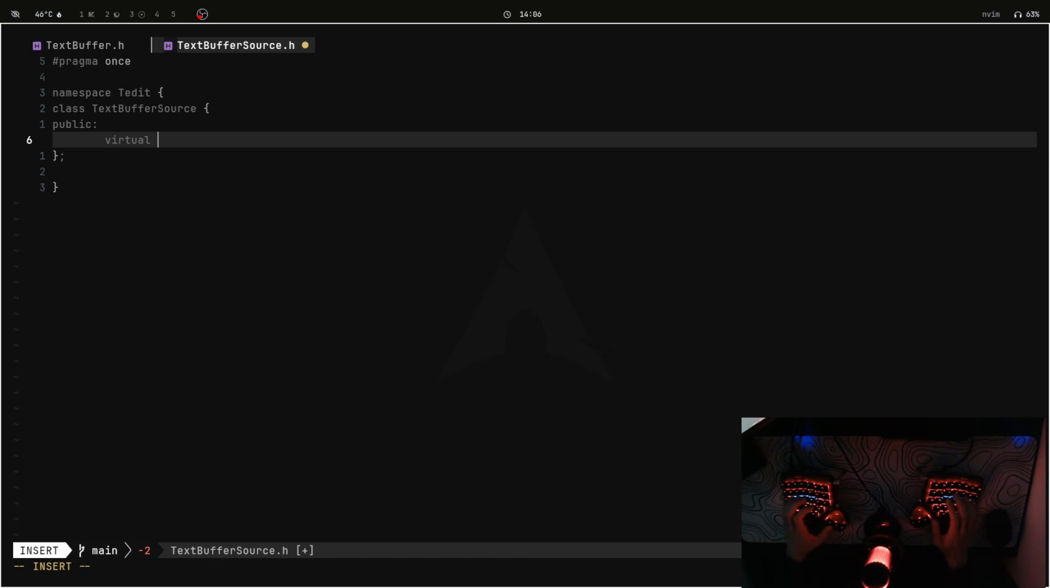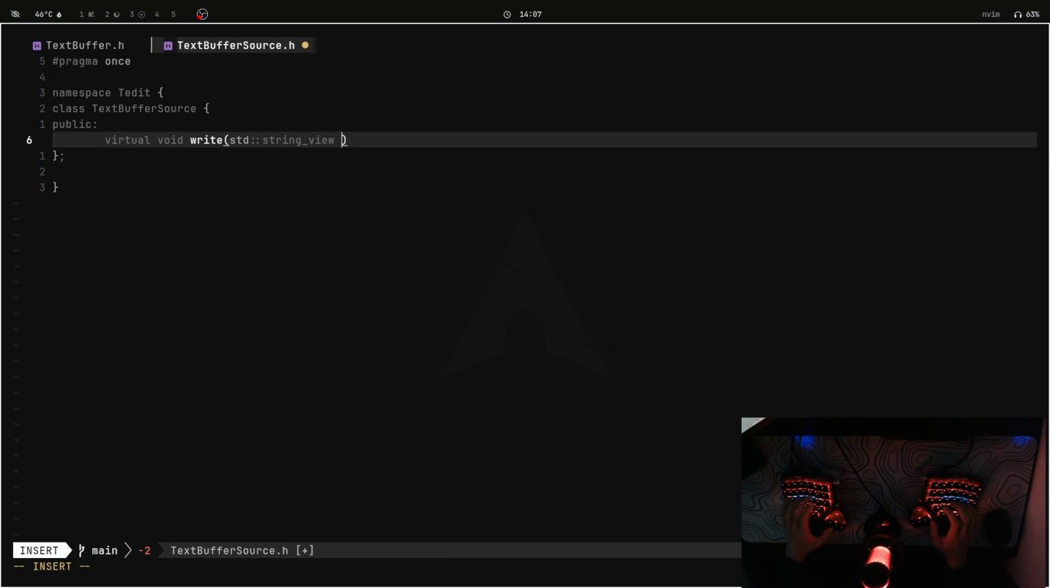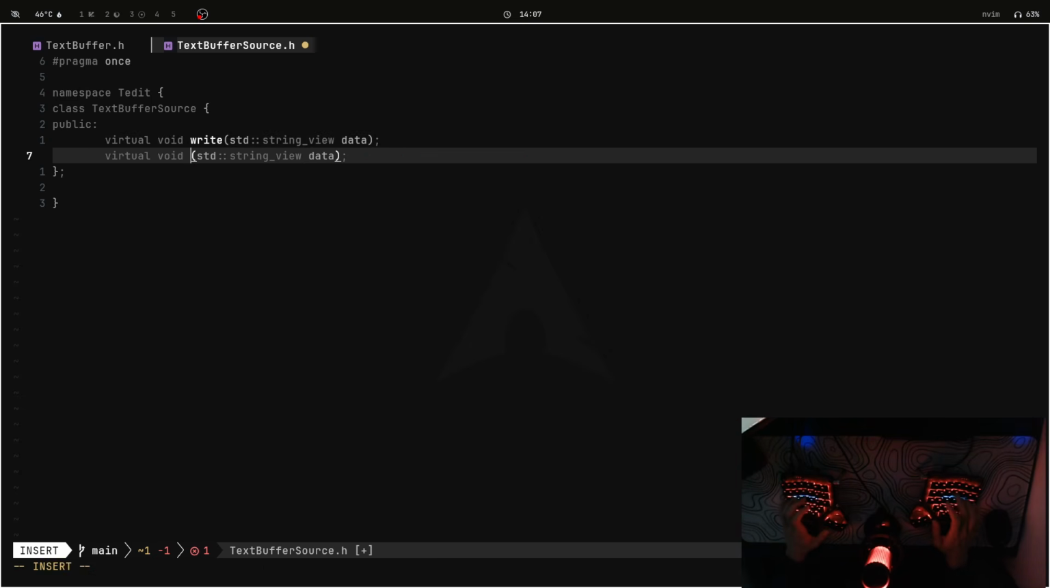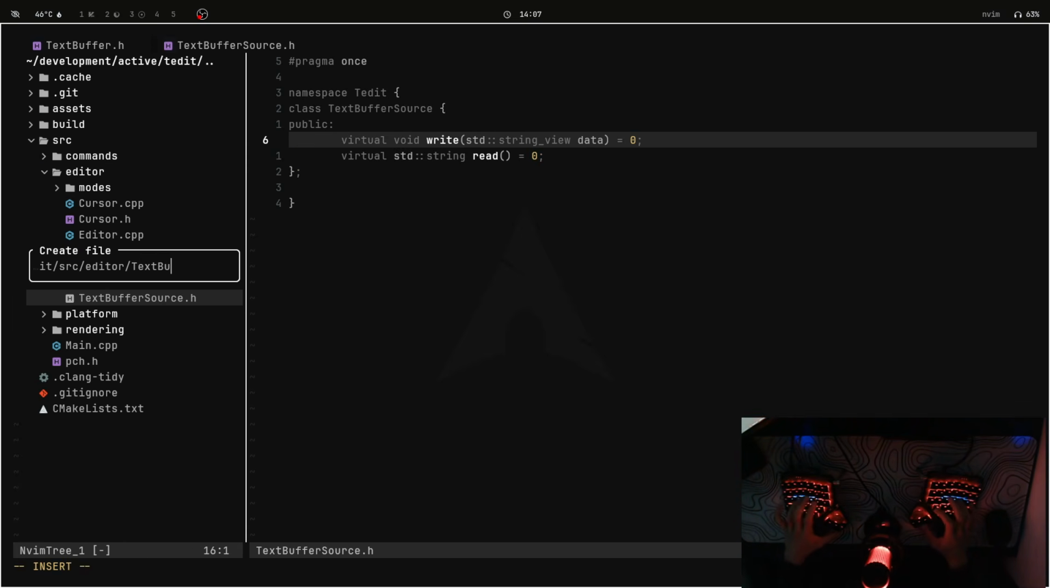So we'll create a virtual method called write, which takes in a string view, and that's the data to write. And we'll also have a method called read, and this will return a string. And let's now make these functions pure virtual ones. And now we can go ahead and declare our FileBufferSource